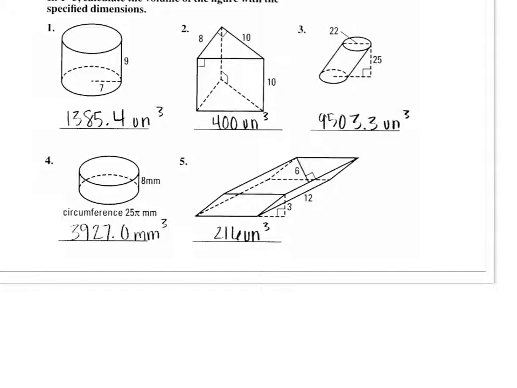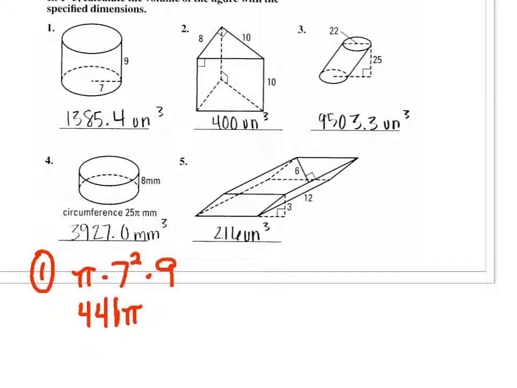For number 1, area of the base, since it's a circle, is pi r squared, so pi times 7 squared. There's the area of our base times the height, which is 9. I'm going to calculate this out as the exact volume, and then you can compare that to the rounded one that's on the line if you want. 7 squared is 49. 49 times 9 is 441. So the answer here for number 1 is 441 pi